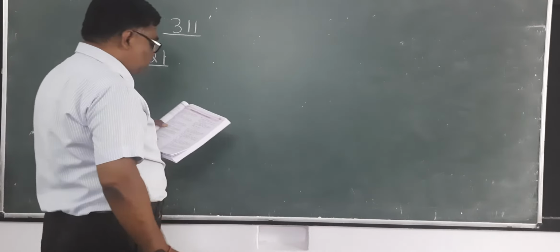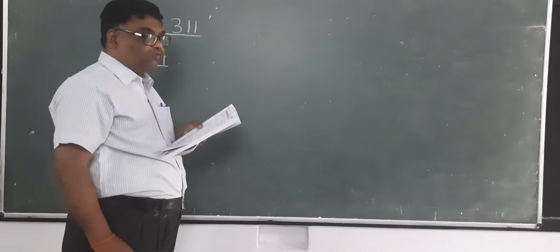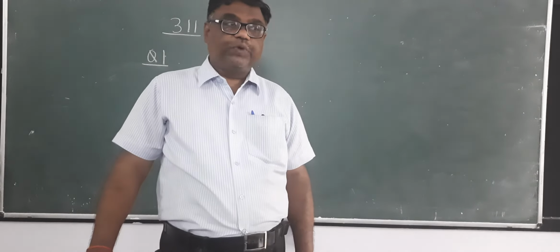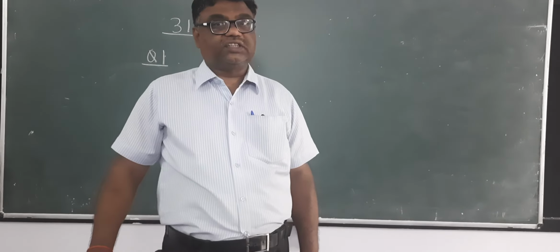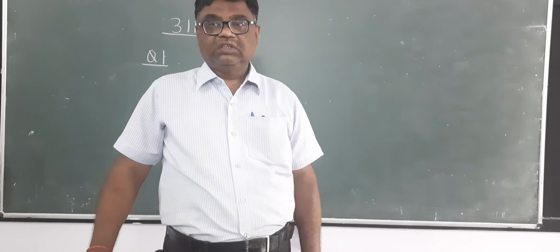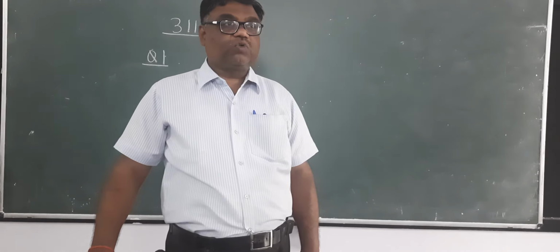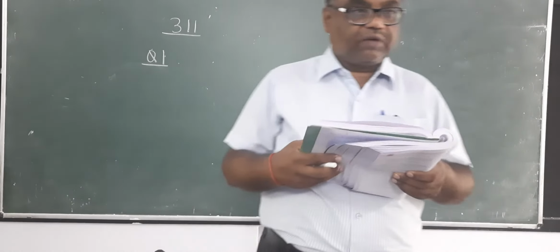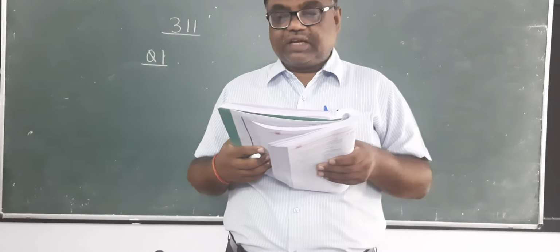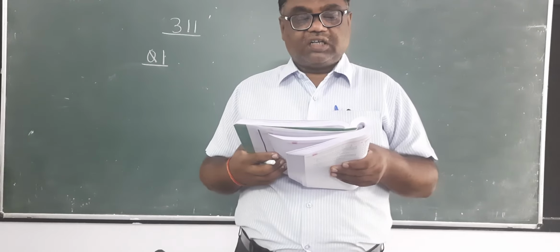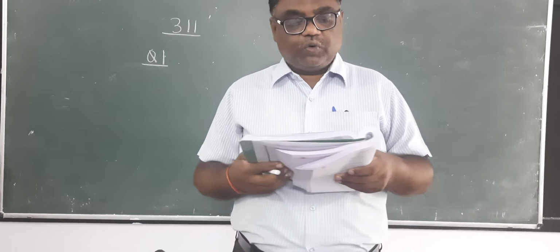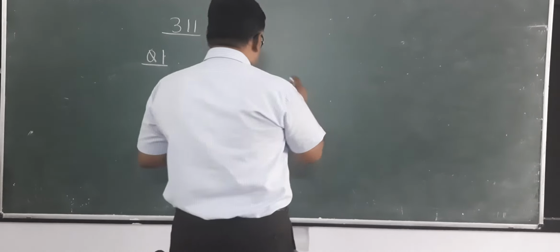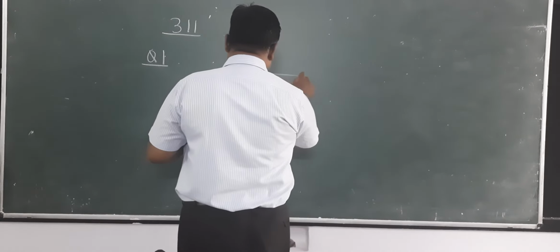A horizontal force of 2.5 and one more thing. As long as the body is not moving under the influence of the external force, static friction will be equal to the applied force. Now see here, question number 1 is on the same. A horizontal force of 2.5 Newton is applied on a block of mass 2 kg resting on a horizontal floor.